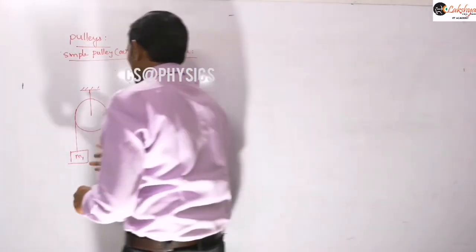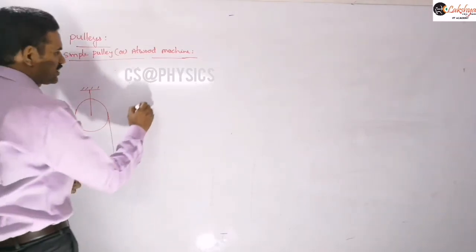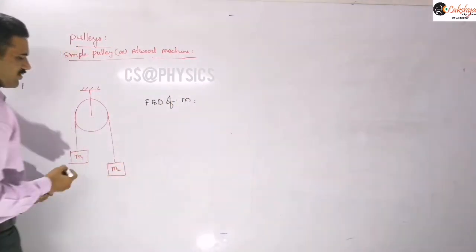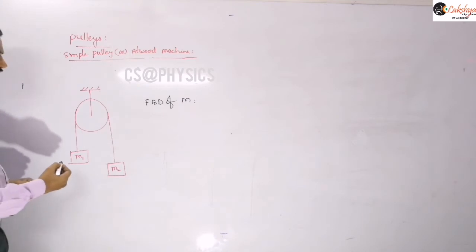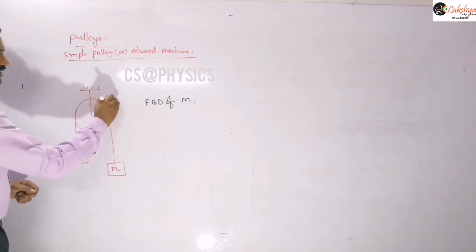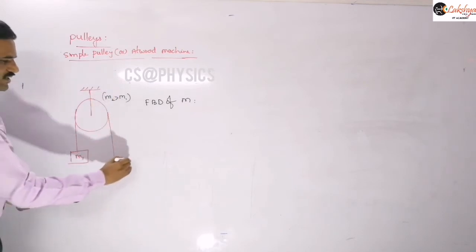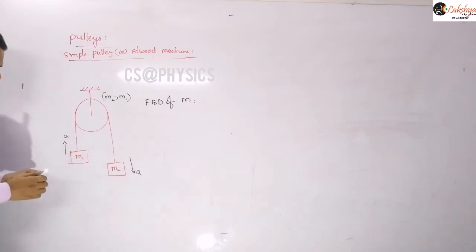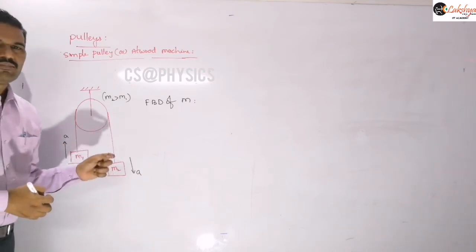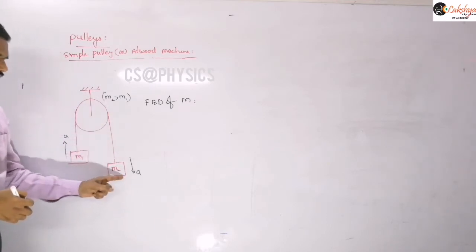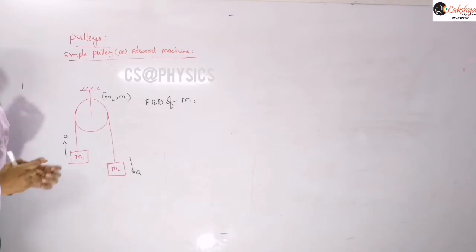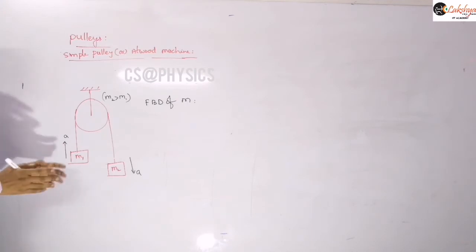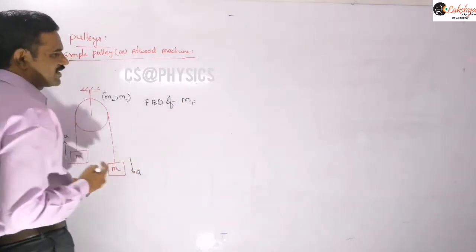So for this, let us take the free body diagrams of M1 and M2. So I am taking this FBD of M1. Now let us consider M2 is greater than M1 here. So I am taking the case where M2 is greater than M1, so that this block will move down with some acceleration A, then this block will move up with the acceleration A. As these two blocks are connected with the inextensible string, the magnitude of acceleration of the two blocks will be the same. Whenever blocks are connected by inextensible strings, the magnitude of acceleration of the blocks will be the same, that we mentioned already. Now I am taking the free body diagram of this M1.